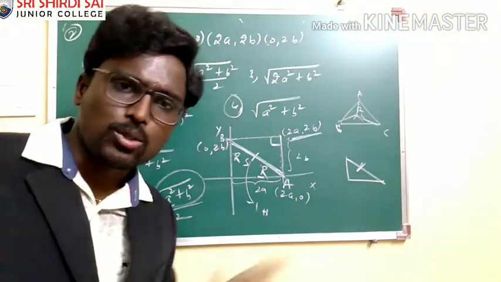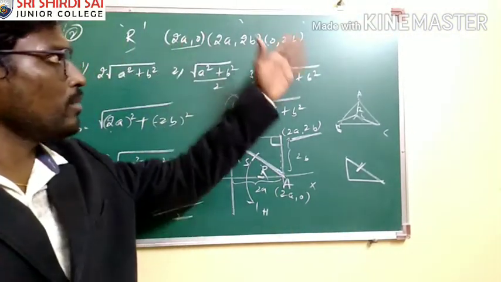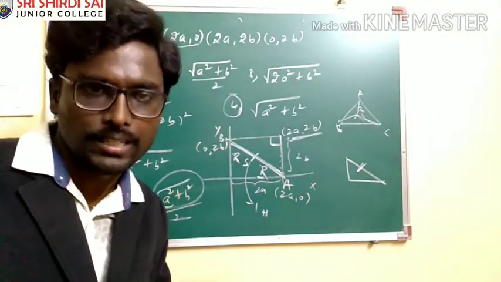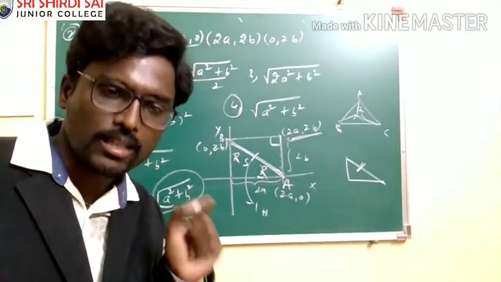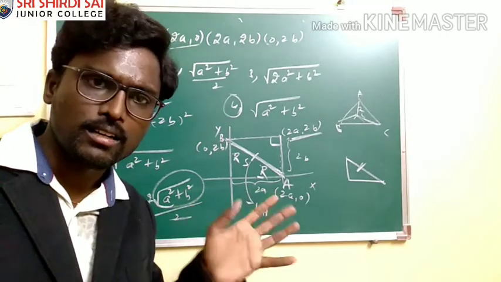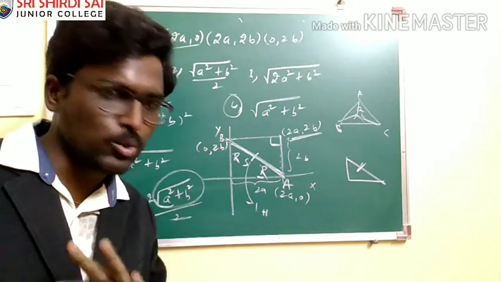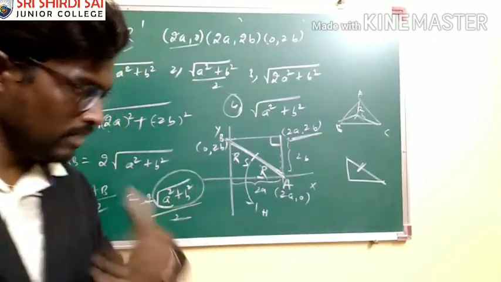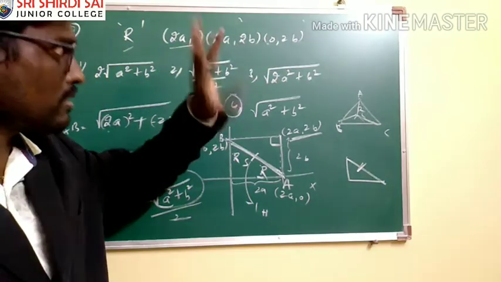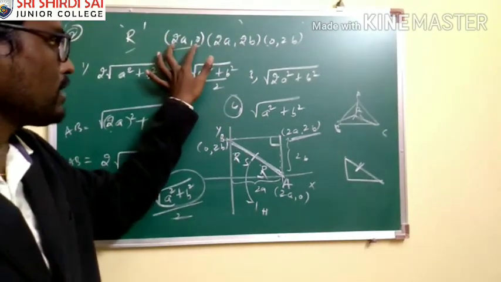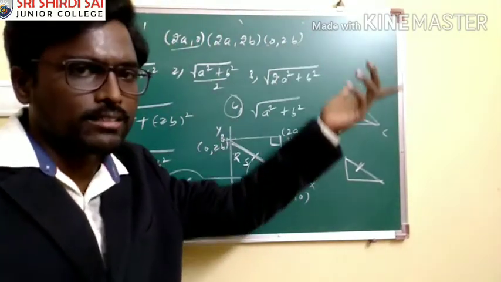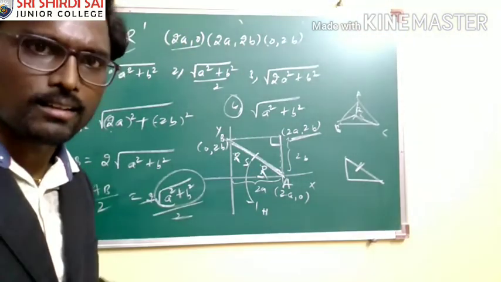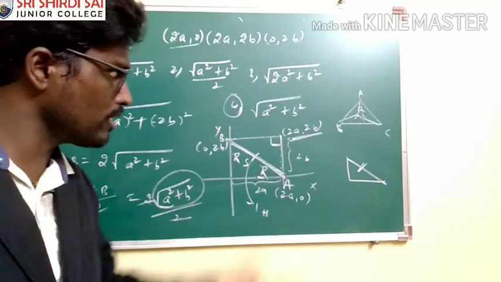Immediately one should not go directly by applying the distance formula and checking the nature. This kind of approach you should get habituated to, then only you can crack any kind of competitive exam. If you think only in the traditional manner, you can't crack it. Getting my point? Immediately when I saw the coordinates, I thought that this is a point on the x-axis and this is a point on the y-axis, and we have 2a and 2b as the common point, meaning it is going to be a right angle triangle. With that idea, I approached the solution.